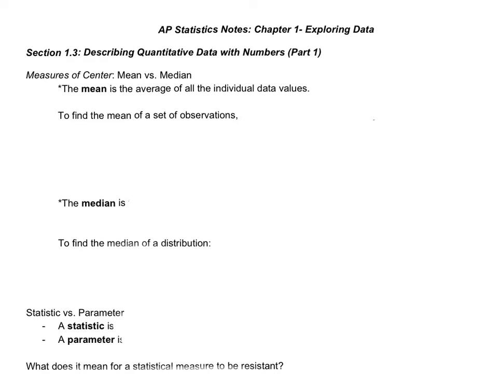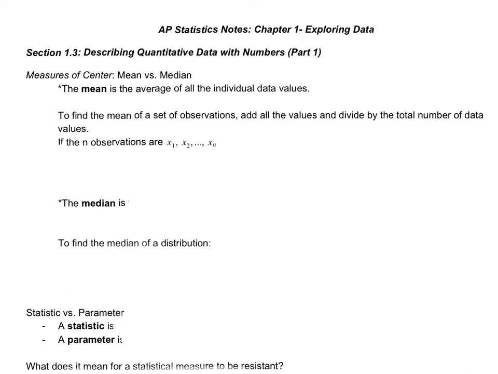As you should know from previous classes you've taken, the mean is simply the actual arithmetic average of all the individual data values. And so if you wanted to find the mean of a set of observations, you're adding all the values and dividing by the total number of data values. Now, in statistics,